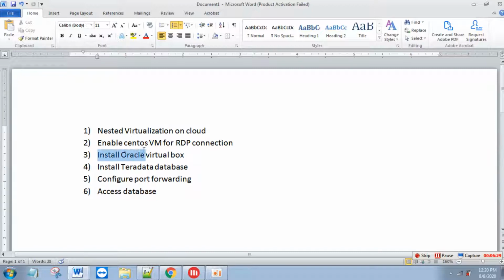Then once we have the RDP connection enabled for our VM, we will install VirtualBox over there. I already have one Teradata database image on my Google Cloud Storage. It is around 4 GB. We need to pull it to our VM and extract it. It is a 7-zip file. Basically, we need to extract it,